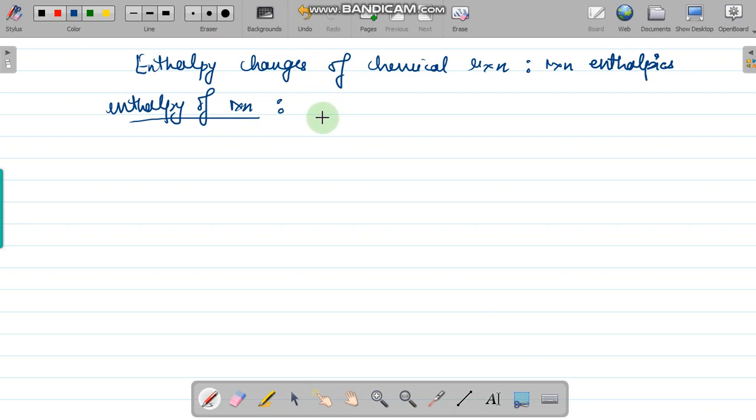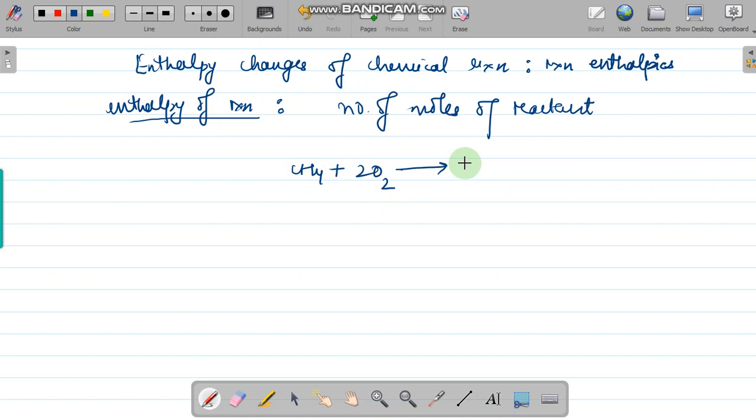Amount of heat evolved or absorbed in a reaction when number of moles of reactant react completely to give the product as given by the balanced equation. Suppose you have a balanced equation like this, then here the enthalpy change of the reaction will be: when 1 mole of methane reacts with 2 moles of oxygen to give 1 mole of carbon dioxide and 2 moles of water, it is equal to whatever the amount, say suppose the amount comes x, means x kilojoule of heat is evolved during